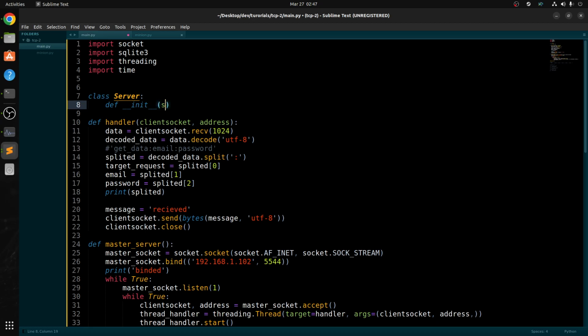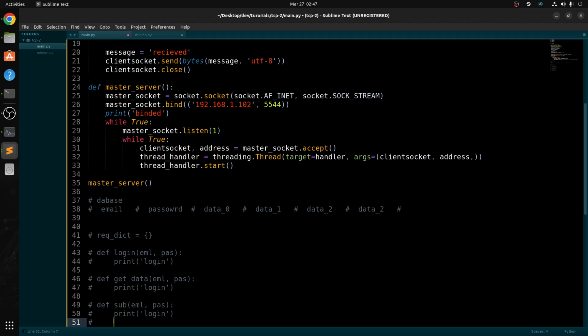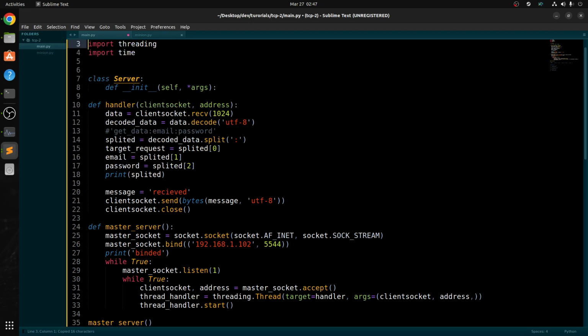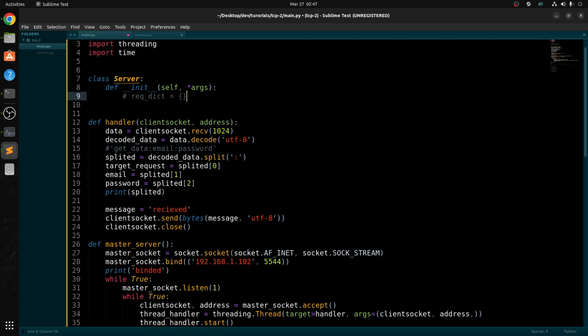Let's first create our dictionary. When we receive the target request, we will be able to compare it against our request dictionary. So self.request